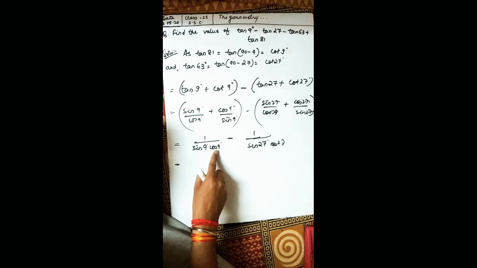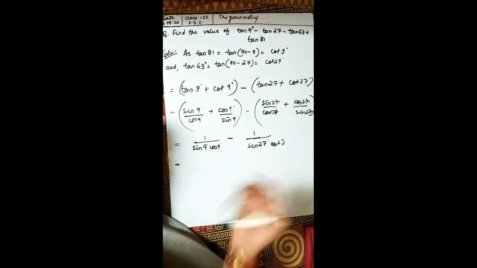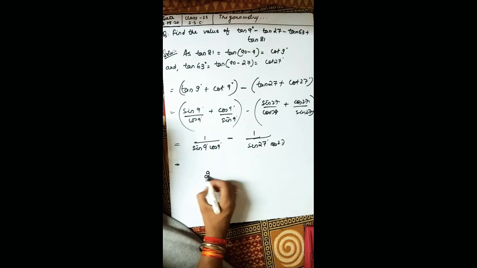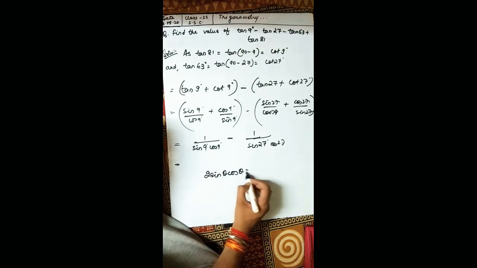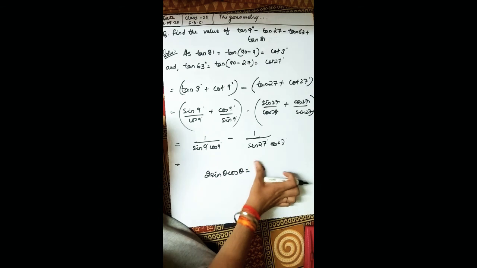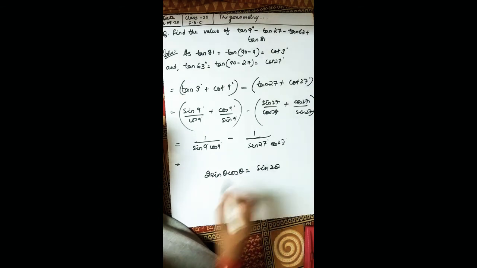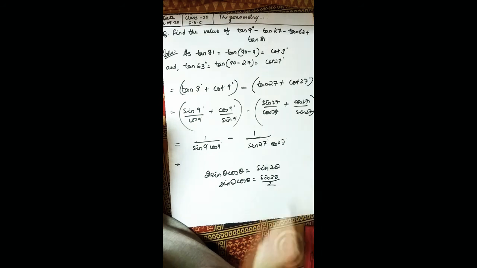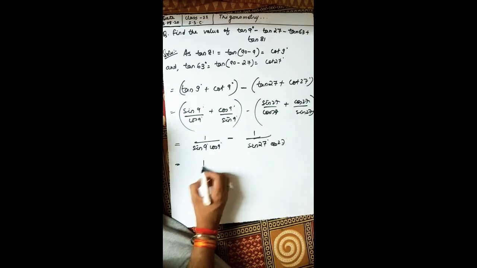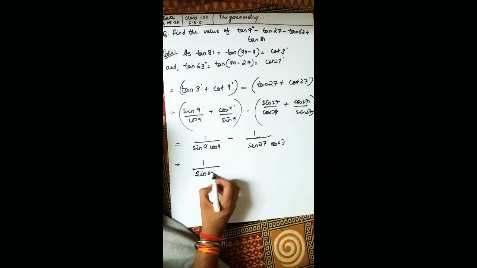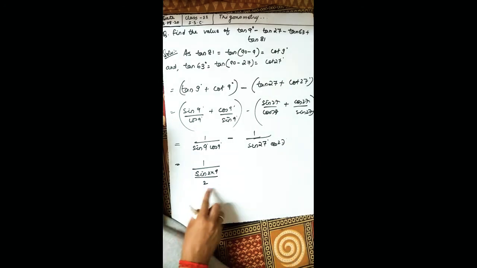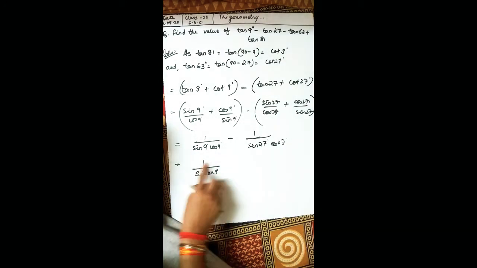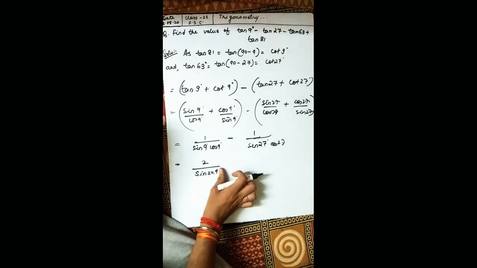Alright, now after this step, what we can do? You have sin theta cos theta, but one identity you have. How to simplify this thing? You have 2 sin theta cos theta is equal to sin 2 theta. If you take 2 down, we can write sin theta cos theta equal to sin 2 theta upon 2. So sin theta cos theta can be written as 1 upon sin 2 into 9 whole divided by 2, and this 2 will go up, so it will be 2, and 2 into 9 will give you 18.